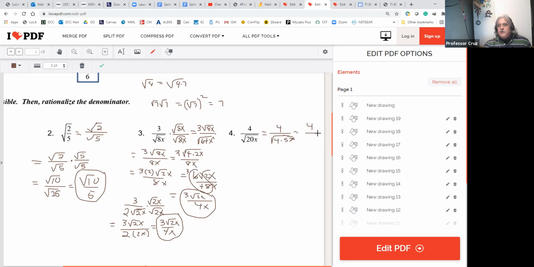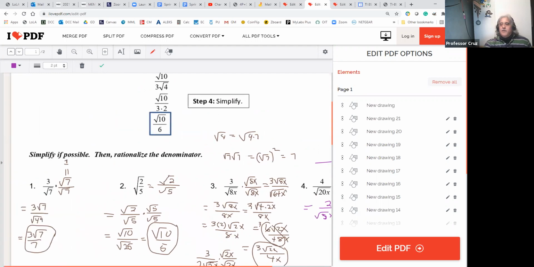Square root of 4 comes out as 2. All right. Now notice here, we can do some simplification. All right. 2 goes into 2 once and into there twice. So what you've got is 2 over square root of 5x. Now, it's still not rationalized, but that one is a lot more